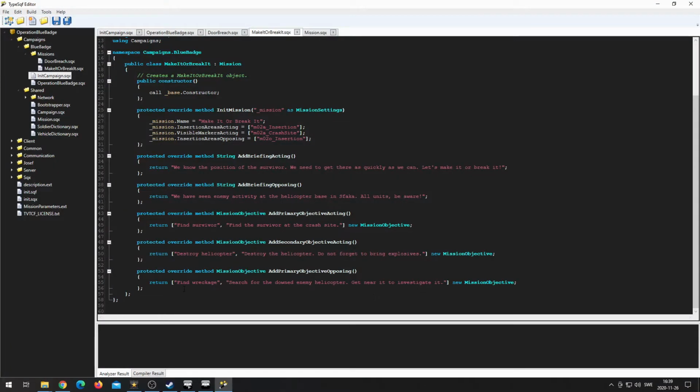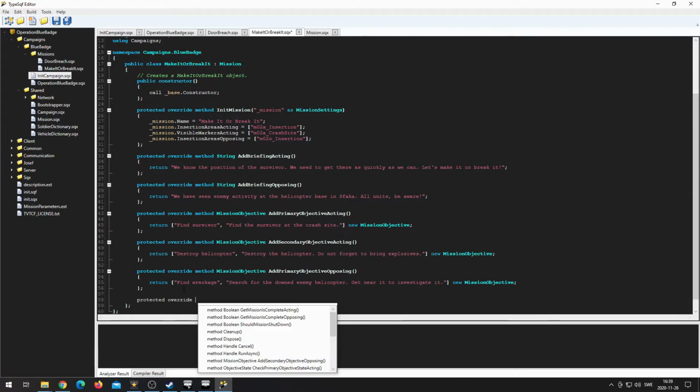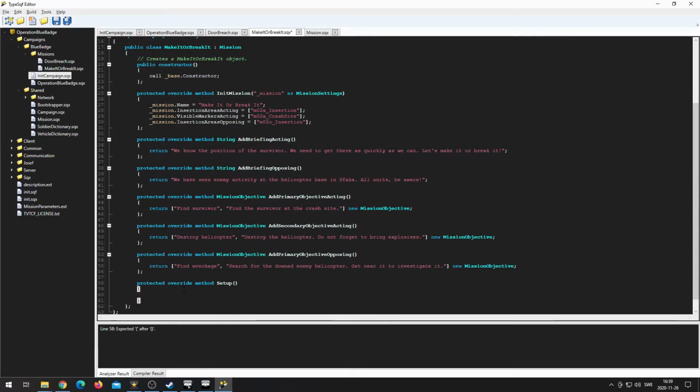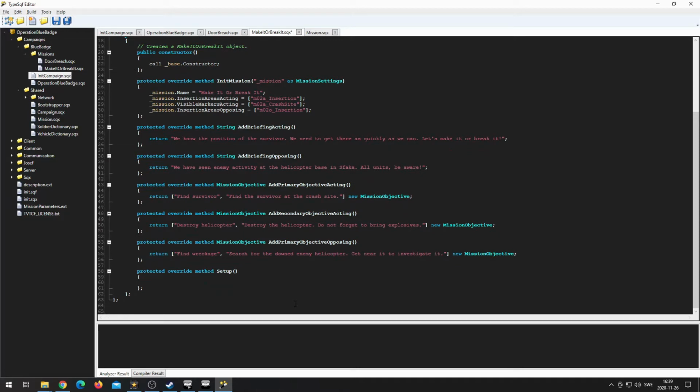We will now need to override another method, the setup method. This method is called from the campaign engine right when the mission starts, and it's in this phase of the mission lifecycle that the mission's objects and units are to be created. And the first object that we create will be the acting side's rescue helicopter. When we want to create an object like this, we can use one of the create methods on the mission class. So if we write